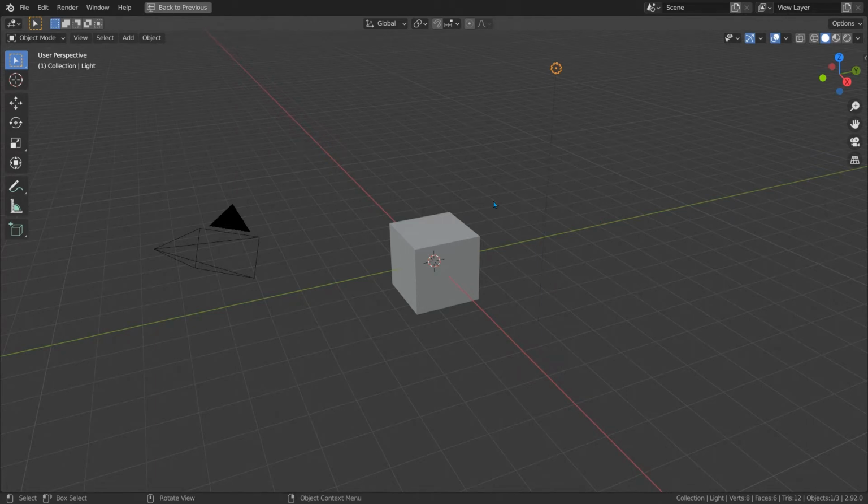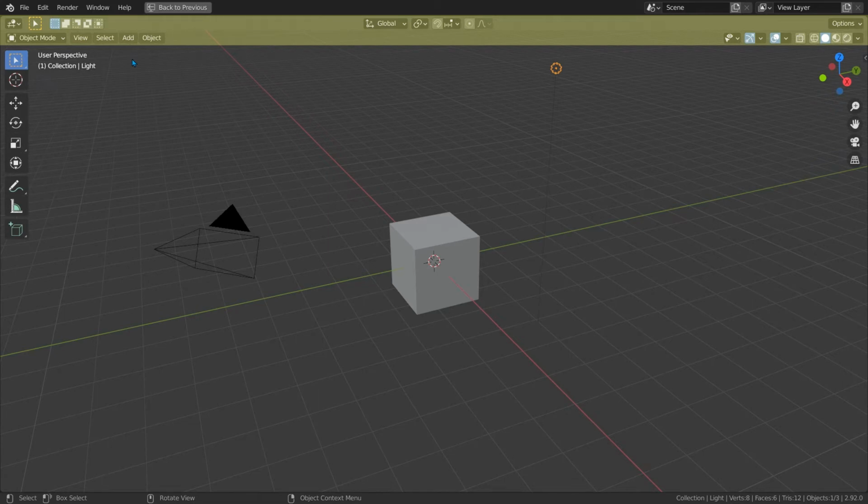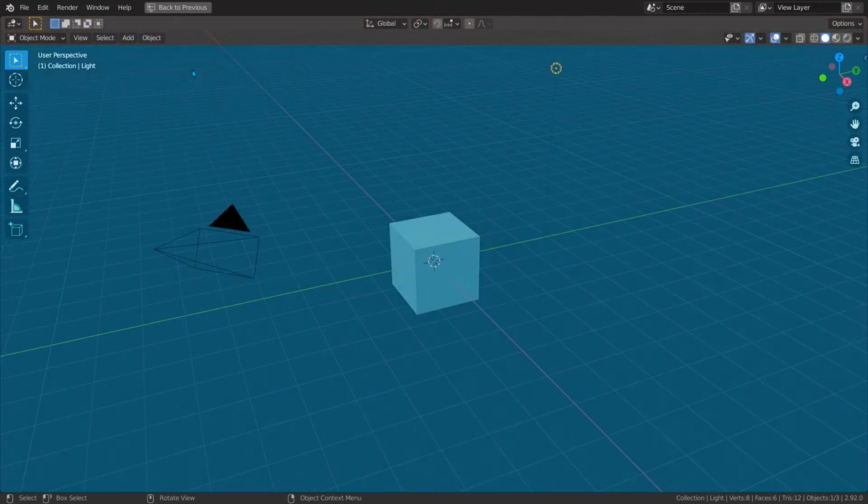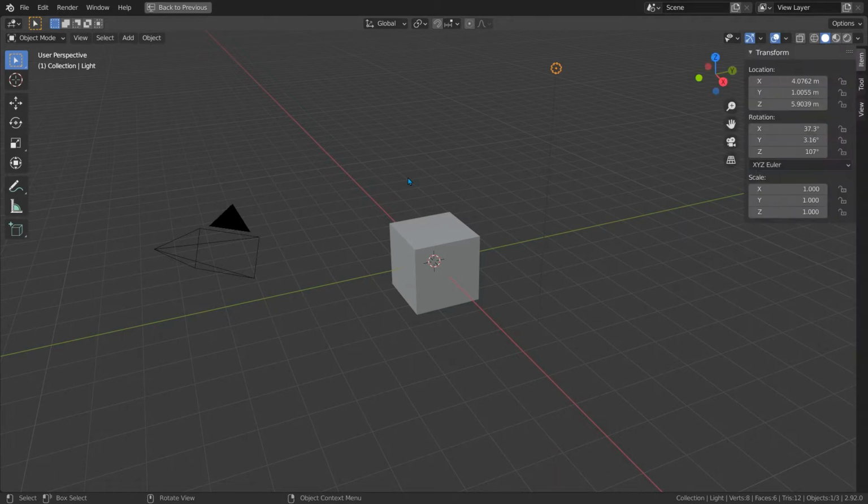The 3D viewport has a header in its top section. This gives us access to the various tools we will need and a bottom section where we will use those tools. It also has a toolbar and a side panel. The side panel is hidden by default. We can unhide it by pressing N on our keyboard, which is why it is sometimes referred to as the N panel. You can hide or show the toolbar panel by pressing the T key.